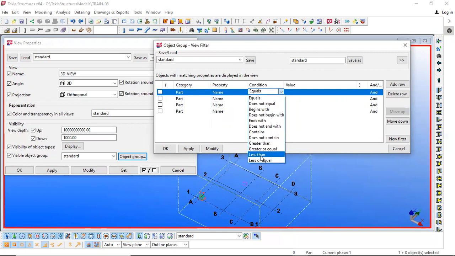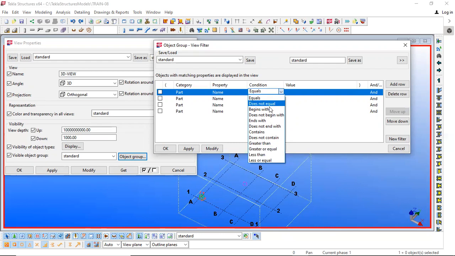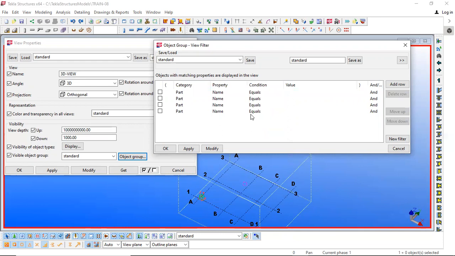Numerical conditions work with numbers, so greater than and less than are there, and all the others, begin with, contains, are related to characters, alphabetical characters. So these conditions are there, and we can add the characters or numbers here and give the conditions from the condition column. You can provide n number of conditions. There is no limit for these conditions.